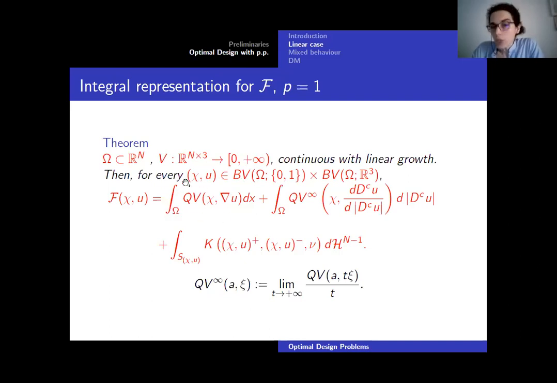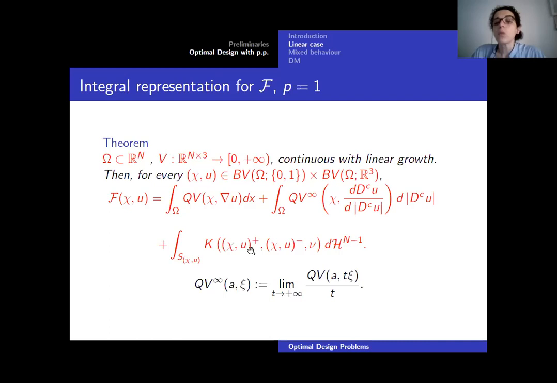One contribution, which is the natural one in the bulk, very similar to what we obtain in the true Sobolev case, plus another contribution in the set where the counterpart of the total variation of u concentrates in omega, and a surface term. And here is where my understanding of plus and minus changed with respect to what is normal for chi plus and chi minus. So essentially, I'm considering the field chi u as a unique field,